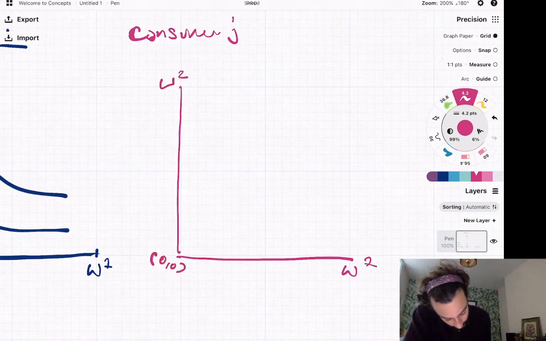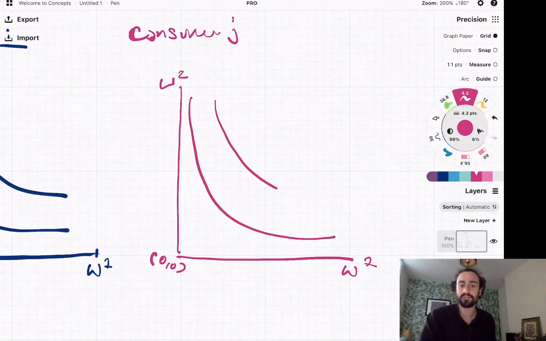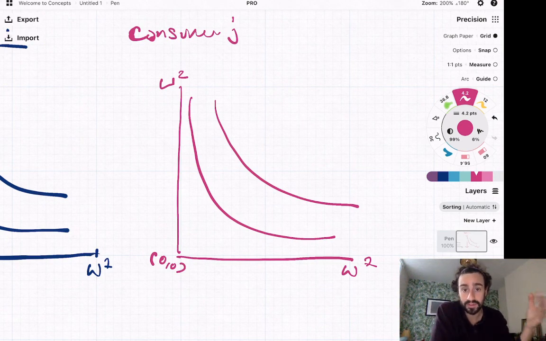And she might also have some indifference curves. And they're potentially different looking indifference curves, right? She has a different utility function. But they have the same consumption space, right? The maximum amount that either one of them can consume is the same. It's the total endowment in the economy. And it doesn't depend on